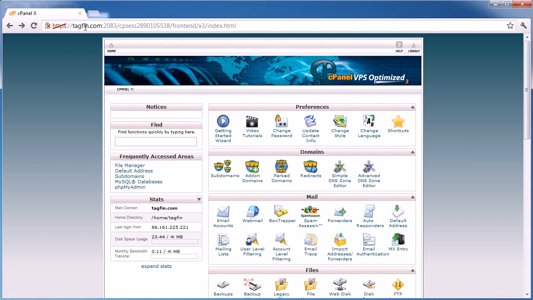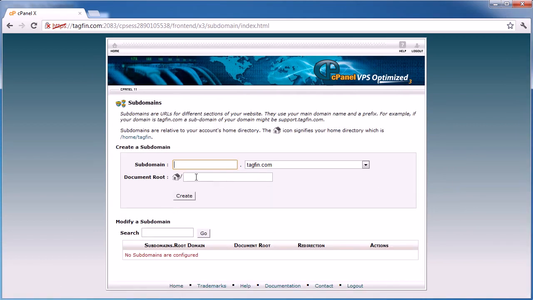So I have logged into tagfin.com and I'm presented with my cPanel page. Now what I'm going to do is hit subdomains, and set up a subdomain for tagfin.com that's going to allow me to send email to this, and any email sent to this address is going to be rerouted to the email pipe, or piped through to a script. So I'm going to just call this email.tagfin.com, and you'll see here that the document root is now going to be